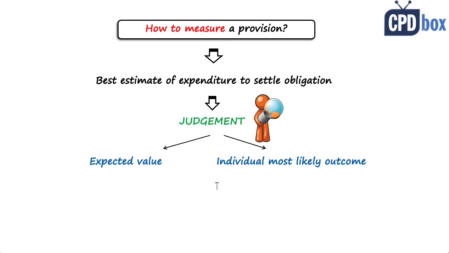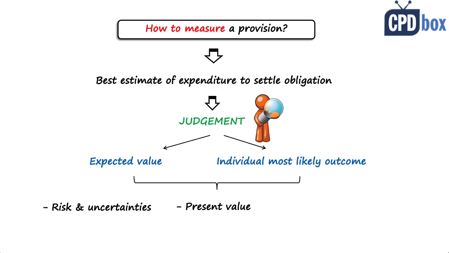So first of all, risks and uncertainties like inflation, for example. Discounting. So if you expect to settle the provision in more than 12 months, you need to set its present value. And then also we must make certain adjustments for future events if they are probable to occur. Now, there are certain specific situations directly addressed by IAS 37 in relation to provisions.